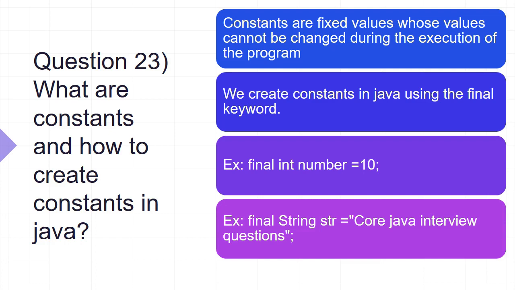Question 23. What are constants and how to create constants in Java? Constants are fixed values whose values cannot be changed during the execution of the program. We create constants in Java using the final keyword. Example: final int number = 10; final String str = "core Java interview questions";